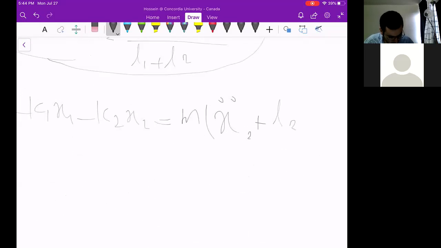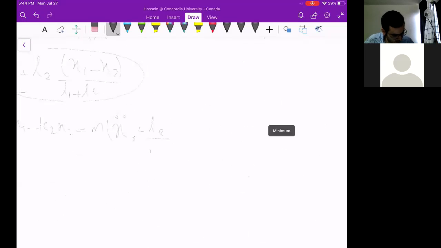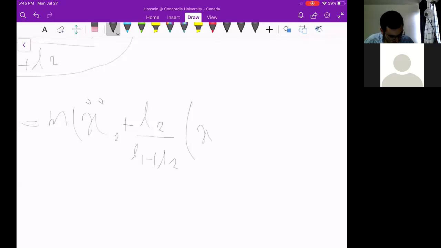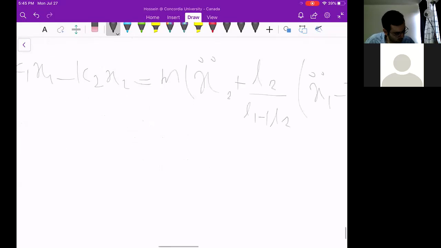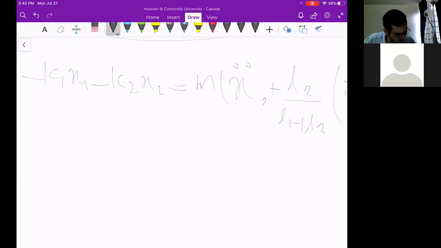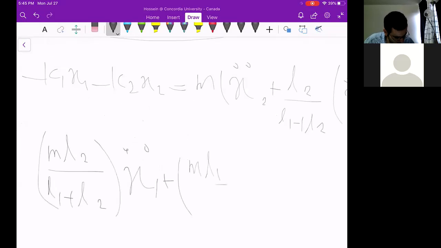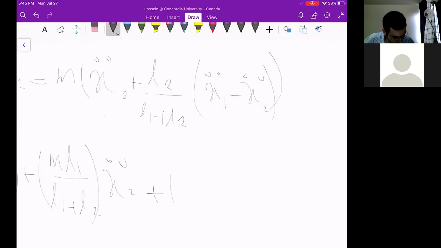Further simplification of this equation gives me M L2/(L1 + L2) X double dot 1 + M L1/(L1 + L2) X double dot 2 + K1 X1 + K2 X2 = 0. This is the equation of motion,